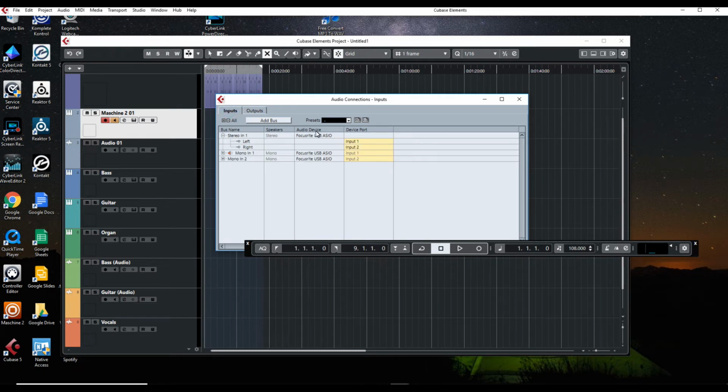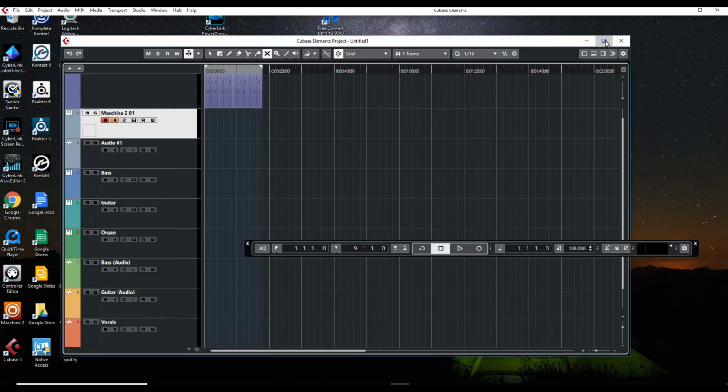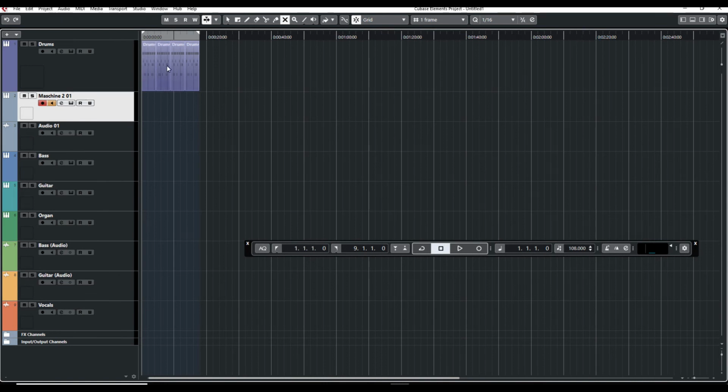Usually it should be all on the same audio device. If you have different audio devices, then you have to point your ins and outs to the correct audio device. Then if you're simply recording in Cubase, this is what you have. If you're simply recording without bringing instruments in,